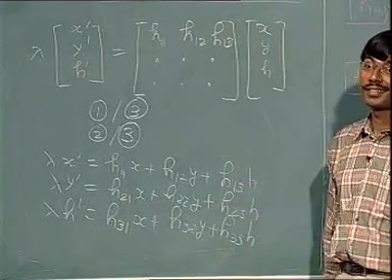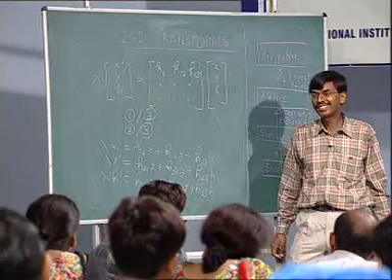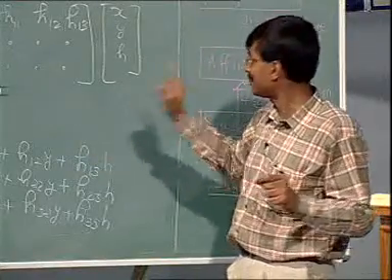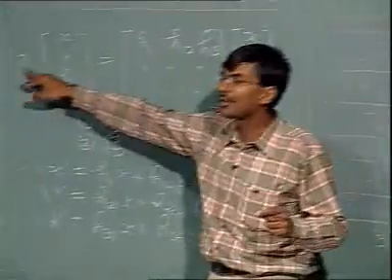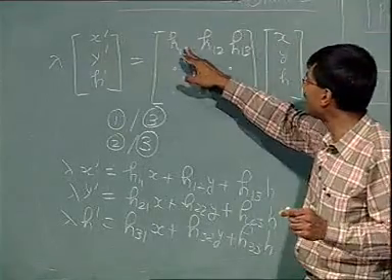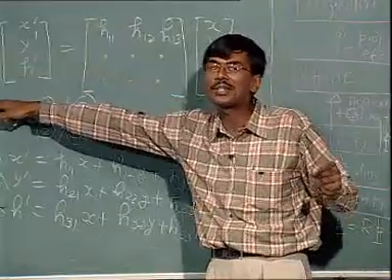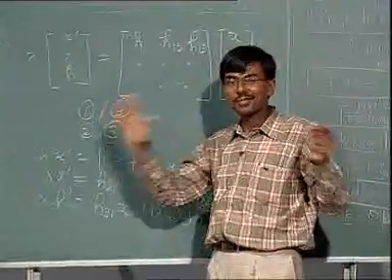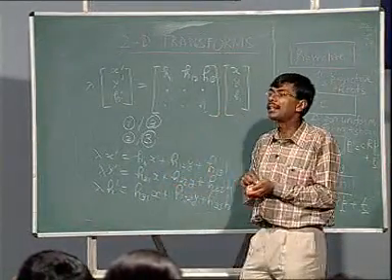How many parameters? 9. We need 8. We need to explain this in terms of 8 parameters. Make it 1. We can make it 1. Why? For instance, इस matrix में anyway you have a constant of proportionality. So any one of these entities, you can divide everything by that entity and absorb it in that constant, which anyway gets removed when you divide this. So without loss of generality, you can write this last term as a 1.